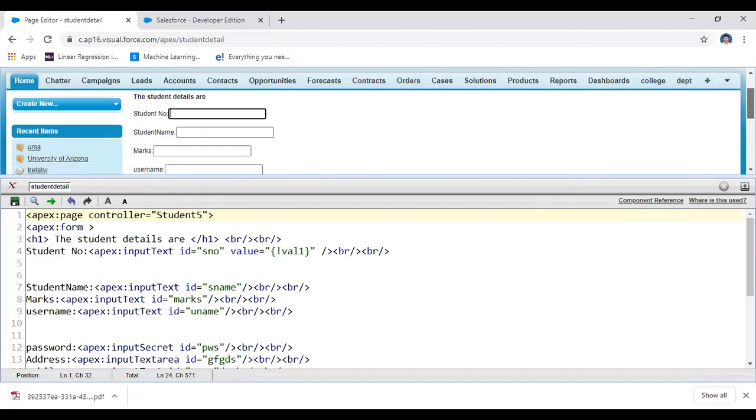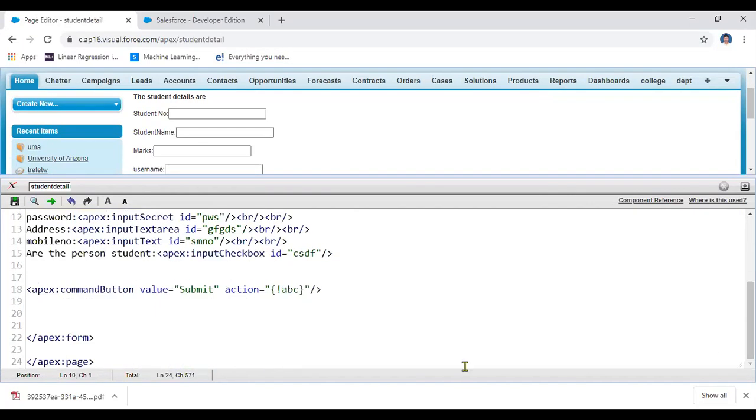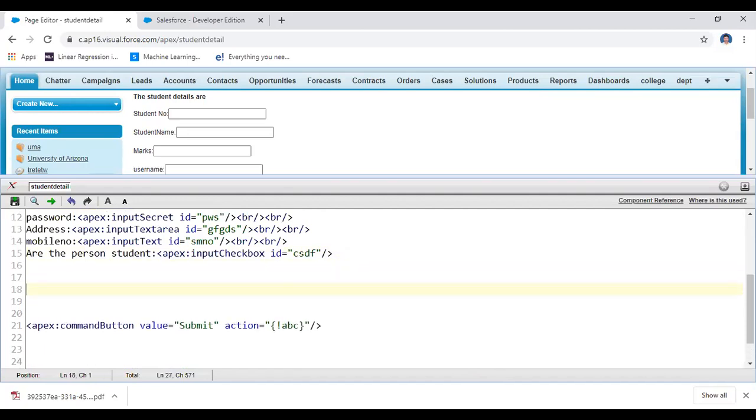Here, I called this value 1 from the controller. Controller in the sense of the class, in a Visualforce page. I called this one. That means if you execute this one, it will display the result here. Here I want to display the particular result. How can you display that particular result here? For example, before the submit button, I'm going to display that particular result.